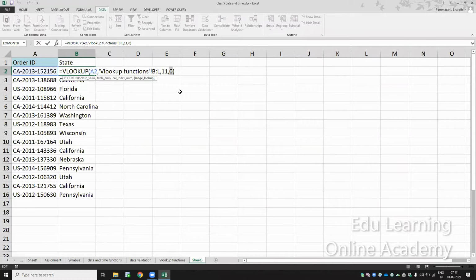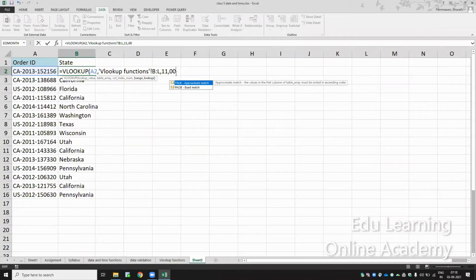Okay. 0 is default, Bharat. 0 is default. If you have data which is in order or any text functions, then you can keep 1. But by default, we always use 0. I have never used 1 in my past 5-6 years of experience. Okay, so always keep it as 0.